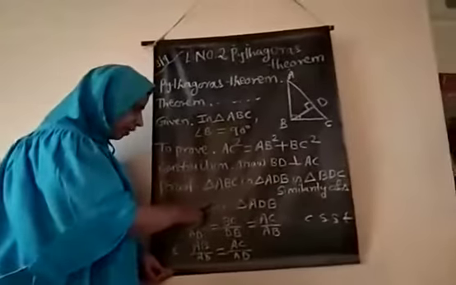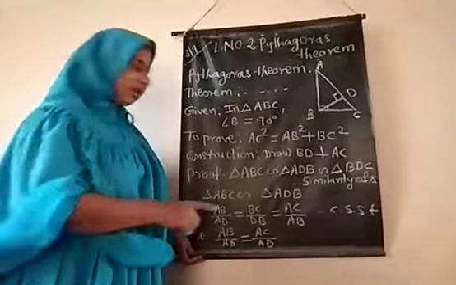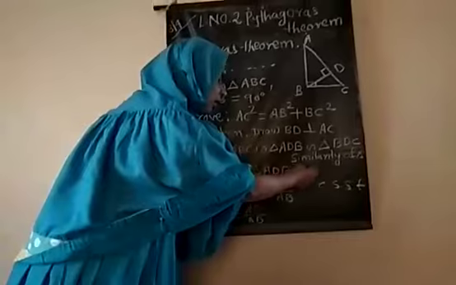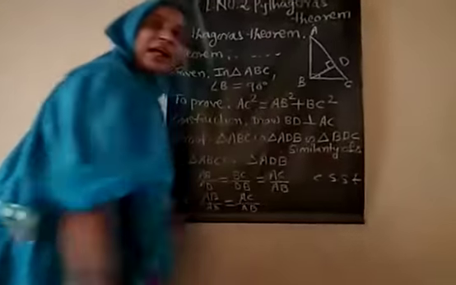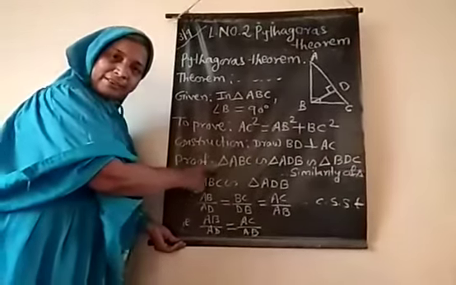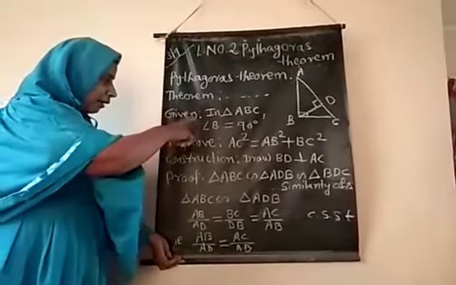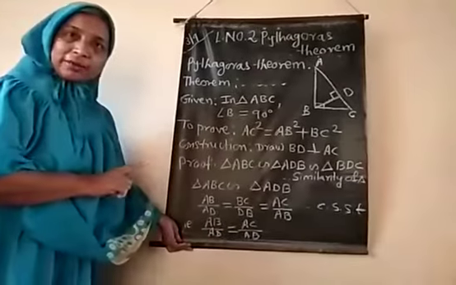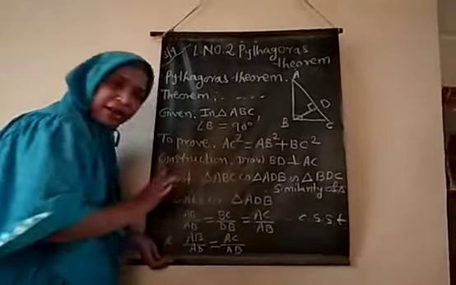Now first we consider the first two triangles. Triangle ABC is similar to triangle ADB. When we are writing similarity, the angles are similar by the AA test. So the reason, if you want to write it down, is the AA test, angle test. Then the triangles are similar, they are not congruent. So the triangles are similar, their angles are congruent but their sides are proportional. That is why we write the side ratios according to the given similarity.